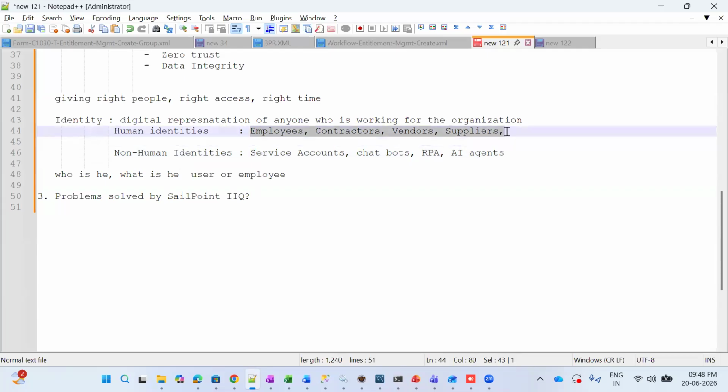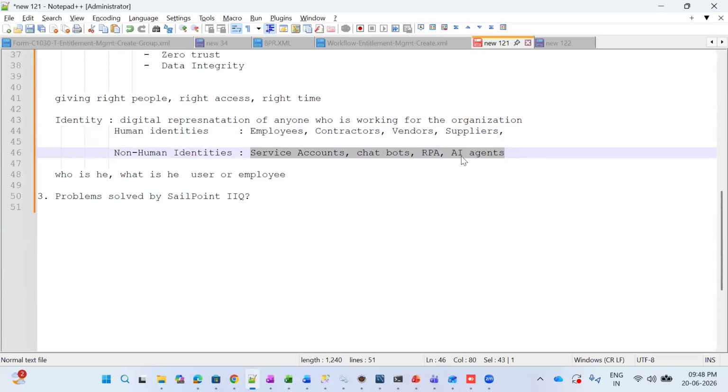These are all the real humans who work for the organization, so that's why they are called human identities. At the end of the day, they are people working for the organization, and technically they are called identity. And they are humans, so that is called human identities. These are also like employees; they also work, but they are not humans. They are like digital workers. So that's why they are named